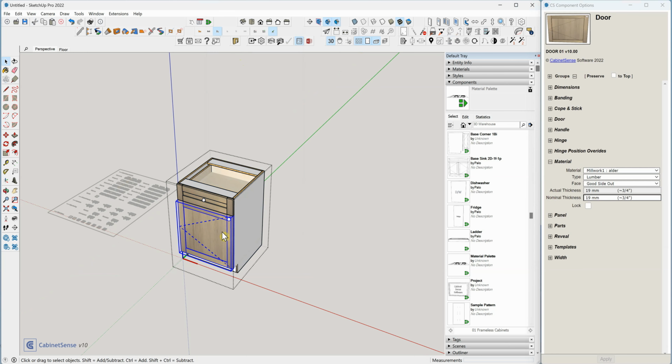Let's put the door layers back on. And I'm going to change this first cabinet. It's still using default, but now I have a secondary material palette, and I can select it. Not the color we want for MDF. Let's go into our material palette again